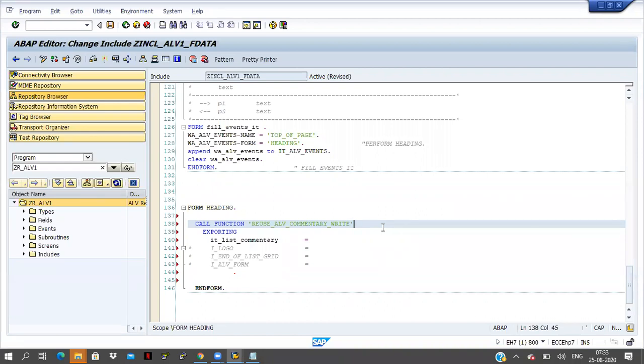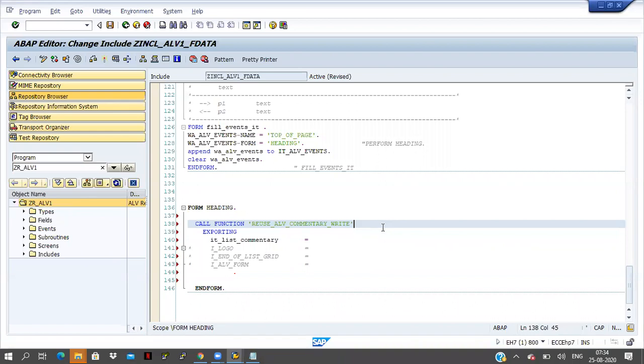I am planning to display some heading also. In the list display, I am using the list display function module, and here I am passing some internal table. In that internal table, I have passed the event name top of page and the form heading. In the form, in the form of heading, I'm writing a statement like write sales information, but the write statement will work in the list display. The same thing I'm taking in the grid display also, but grid display won't support the write statement.